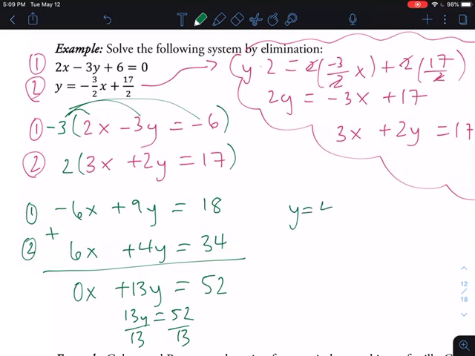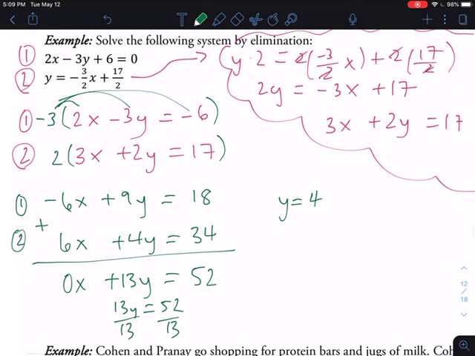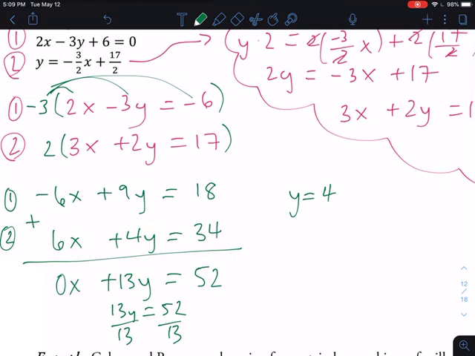Now we're going to plug y is equal to 4 into either equation, okay? Now I would always plug into an unmodified equation. That's one thing I realized I didn't say last time. Sometimes when we do this step, we make arithmetic mistakes or algebra mistakes. And so to make sure that we're plugging into a correct equation, you should always pick one of the